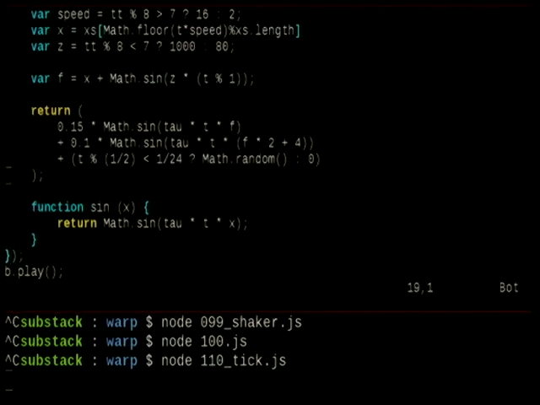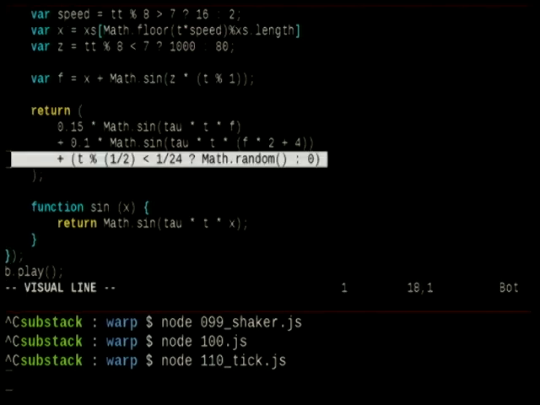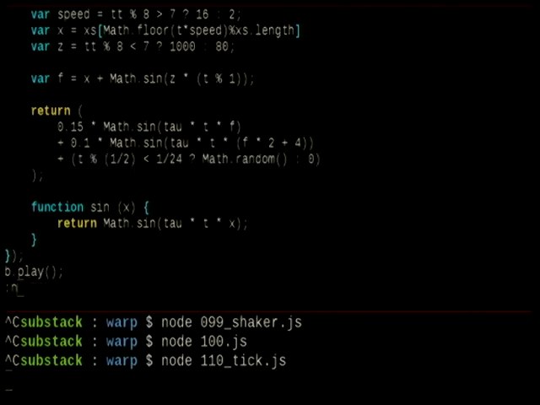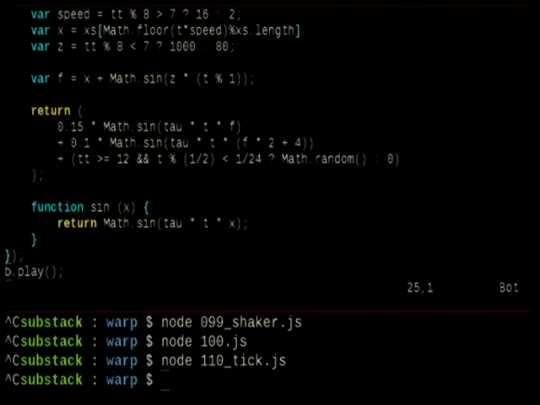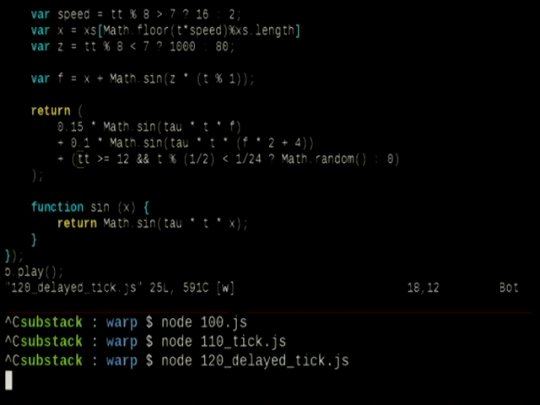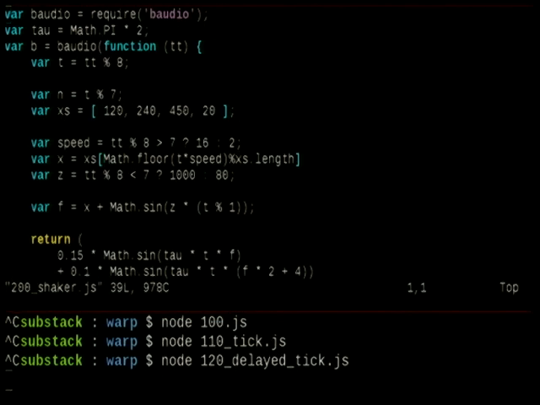So if you need just a really simple beat, math.random, like we saw in the first couple of things I did, gives you static. But if you guard that with a little ternary expression, you can cut the static up and give yourself a simple beat for any little experiment, which is fun. Anyways, we can delay the offset too with more guarding conditionals, which starts the tick after a bit.